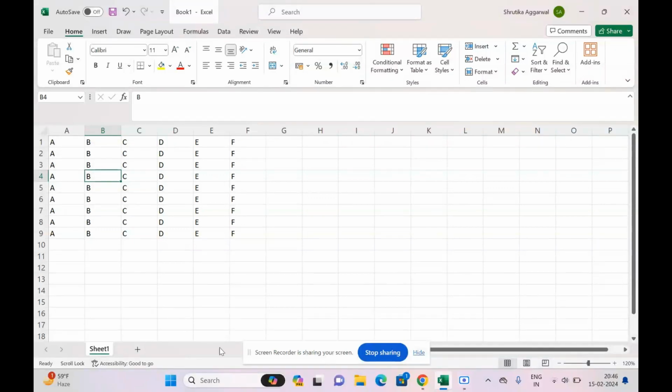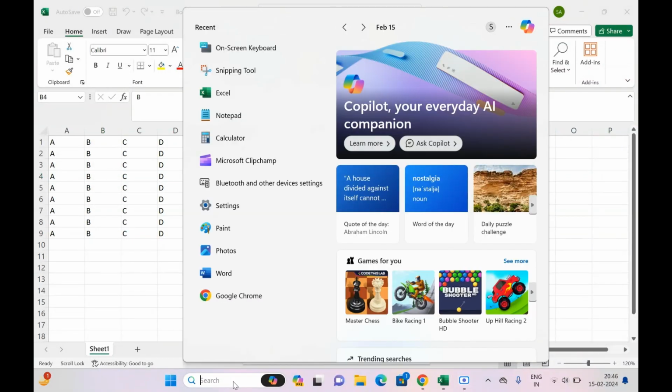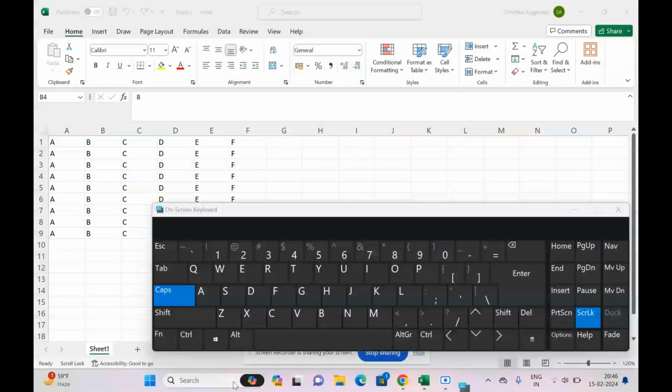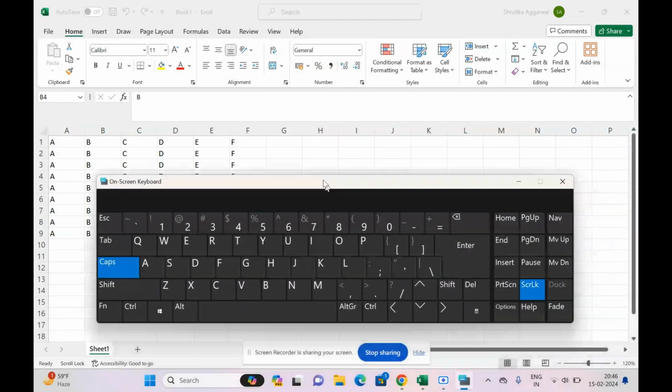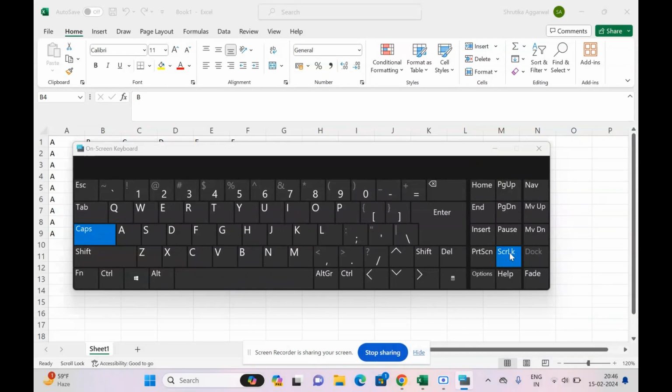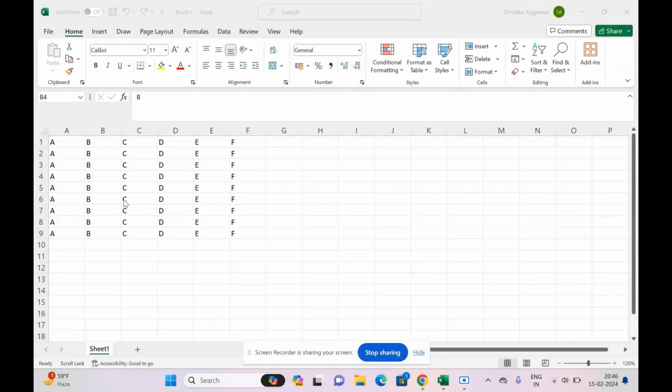To unlock that key, we can go on our on-screen keyboard. On our on-screen keyboard, we can see this scroll lock key which is currently pressed. We have to press this again and it unlocks the key. Let's test it again. So I'm on cell B4 and if I use my arrow key, now I can move